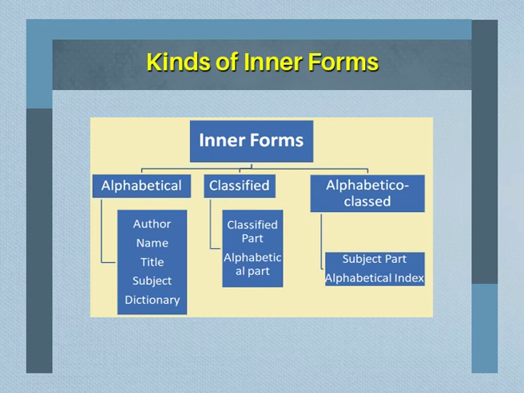Coming to the kinds of inner forms, there are three broad categories, namely alphabetical, classified, and alphabetico classed. Under alphabetical there are further divisions like author catalog, name catalog, title catalog, subject and dictionary catalog. Under classified there are two parts: one is the classified part of the catalog and the second one is the alphabetical part. Similarly, the third one is alphabetico classed. Here the entries are arranged based on the subject, and for identifying those subjects we have to have an alphabetical index. These two form the alphabetico classed catalog. These three broad categories will be discussed at length in this session in view of their merits